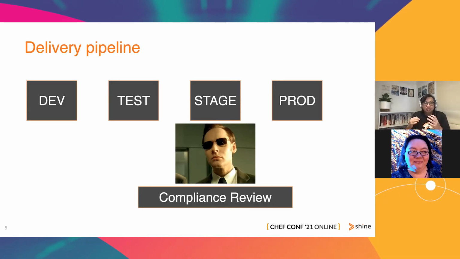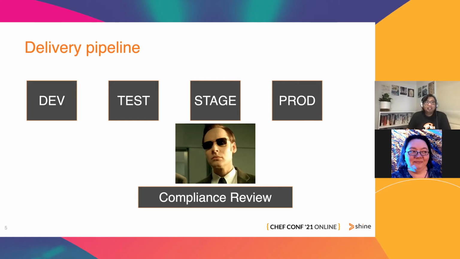So, and I'm sure many of you have seen the Matrix movie. So this is Agent Brown. So it was a bit like that. Agent Brown showed up, and then I'm here to do compliance review. Give me the staging environment, and we'll check. And the whole process itself took a long time, about 3 to 5 days. So it wasn't by any means efficient, and it was just very risky.